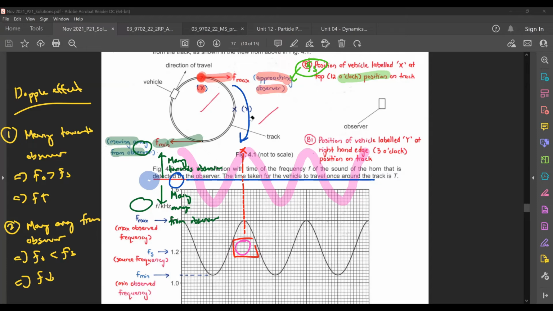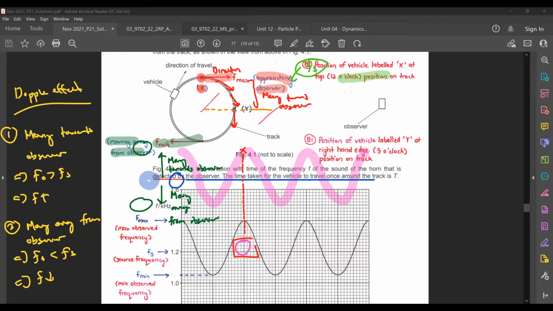Okay, let's just say I divide it into here. Remember last time I mentioned to you, your direction of motion is always tangent to the curve or whatever path you're following. So in my case, if my object moves in a circle, my V would be like this. My direction would be like this, always tangent to the circle. So this part here is where you are moving towards